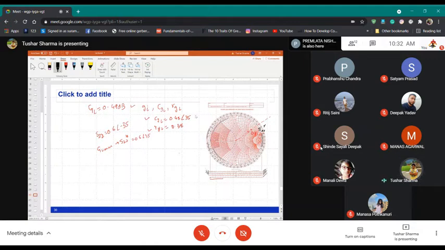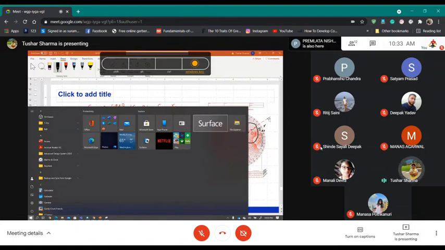Now for the circle, I know my center. My center is somewhere here. I calculate the radius, put my compass, 0.38 will be up to here, and I will plot my circle. Say 0.38 is this, and somewhere my circle will go like this. Oops, sorry. So my circle will go like this.